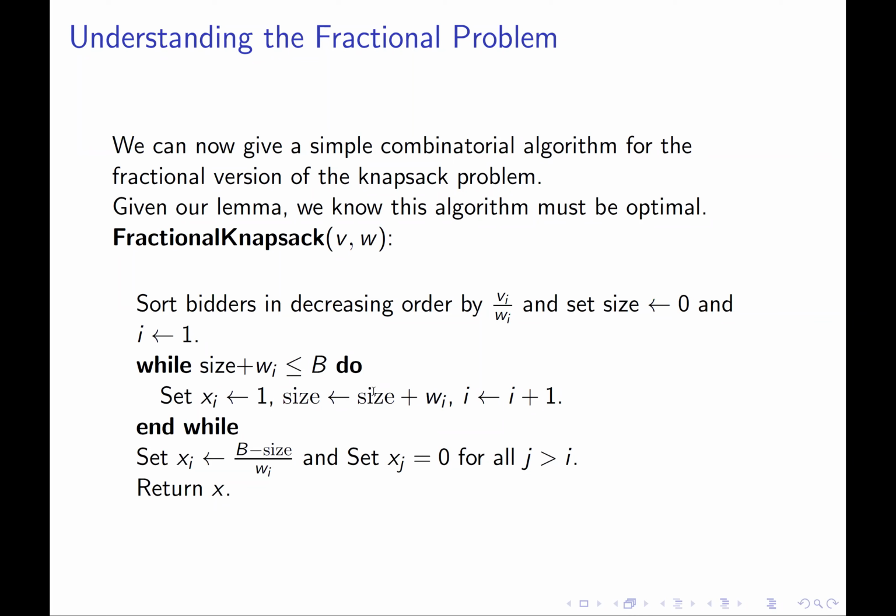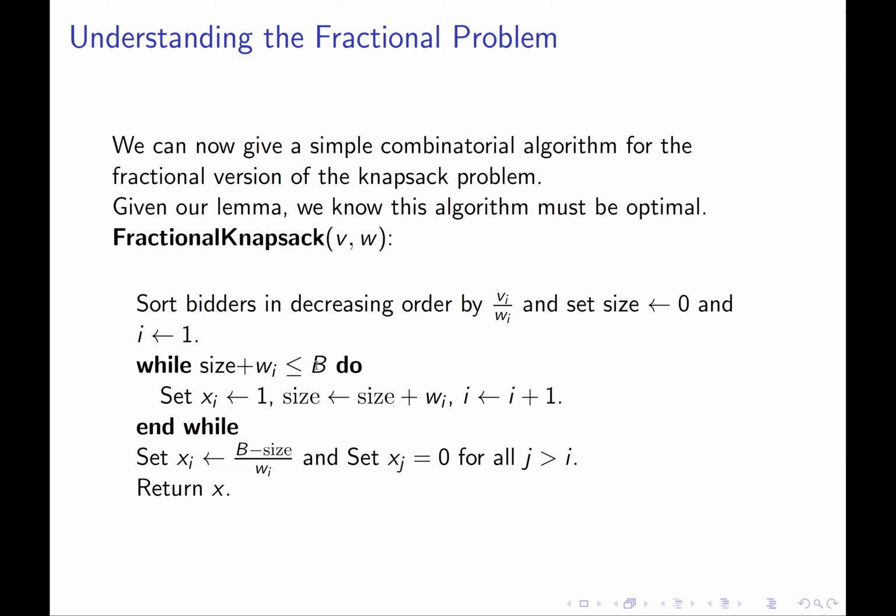And we'll keep doing this until eventually we get to some bidder I who doesn't fit into the knapsack. We get to some bidder I that we cannot fully allocate because, given the partial solution we've constructed so far, if we allocate this bidder I, we will exceed our budget. Now, we might not have entirely run out of space in the knapsack just because the next bidder can't entirely fit into it. There might be some fractional bit of the knapsack that is left. And because we're only trying to solve the fractional knapsack problem, that's okay for us.